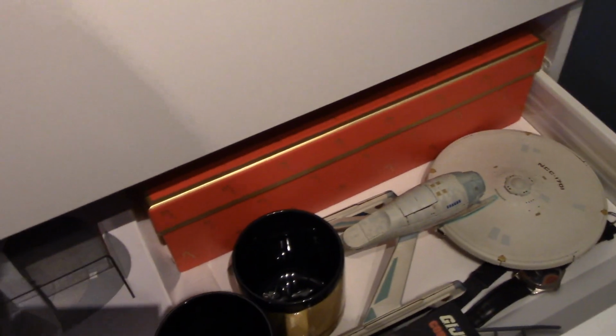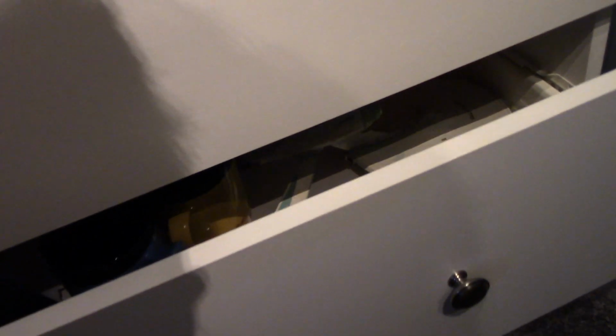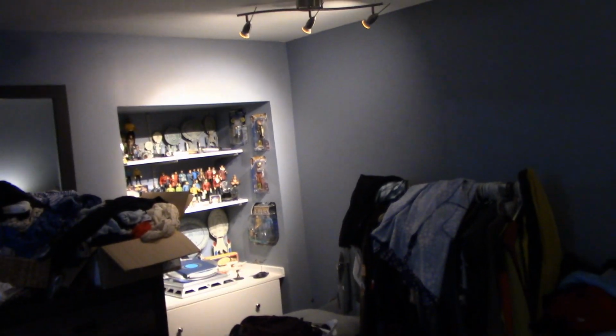clock, chess set pieces, some signed prints back there, and this box here is full of my original Playmates Star Trek figures, which I showed off on a recent live. So, over here we got my 1/18 scale F-18, complete with little pilot. But it's standing up there, and like I said, this corner is a bit of a mess right now. So let me back up, and you can see once that gets better lighting and everything's cleaned off that dresser, it'll look a lot better. So let's get to